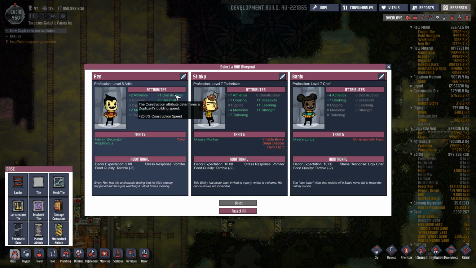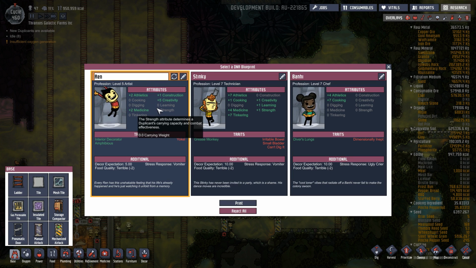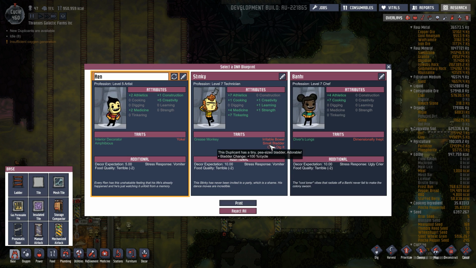And 1 construction. Really? Really? Cooking, athletics, cooking, tinkering, creativity, learning, strength. Can't dig, small bladder, ugh. Interior decorator, amphibious, yokel. We could. 1 construction. It's better than nothing. I need... Oh, but you don't have learning. See, if you had learning, then you would... Stinky's got learning. And athletics. But there's a whole bunch of stuff you can't do. And you can't build at all. No, we're just going to take...